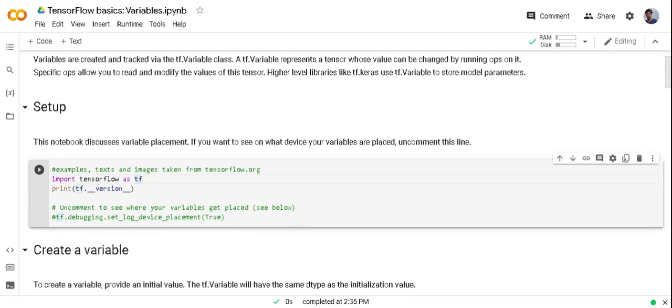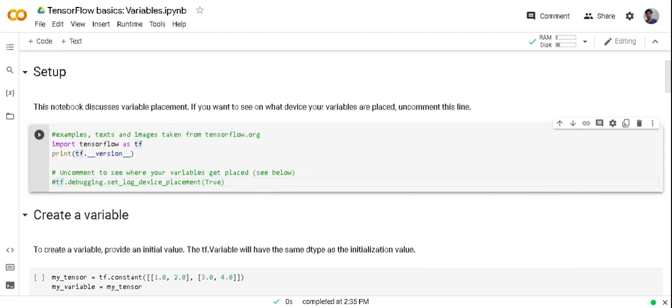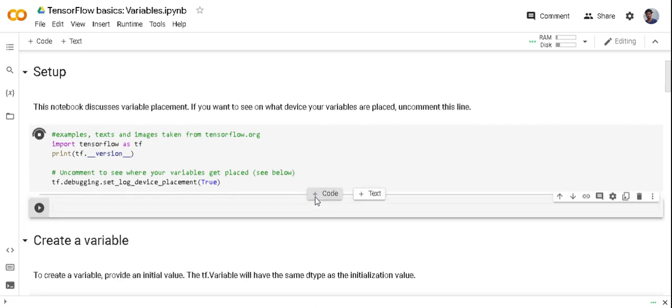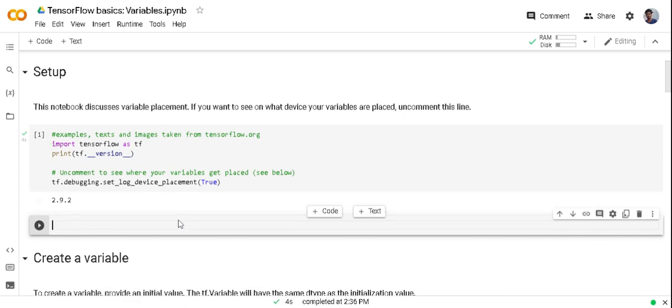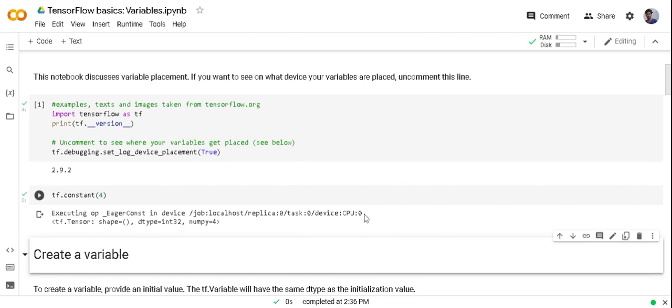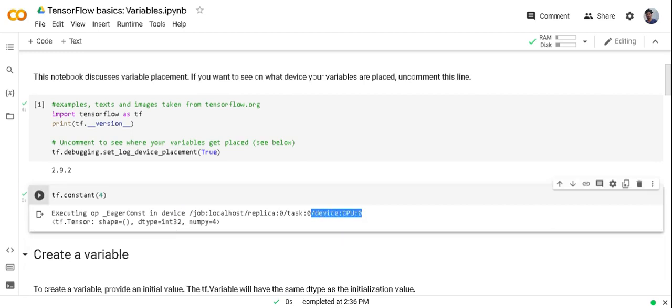Okay, first I will import the library, and this line of code will show where your tensor or your variable is stored or placed. For example, I am creating a tensor constant 4, and here this is showing your device is CPU.